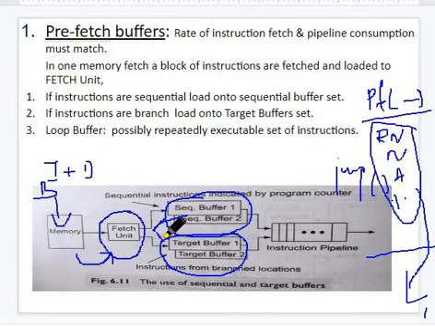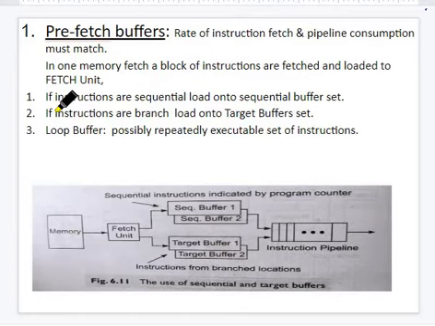To differentiate whether it is sequential or branch execution, we split it. Then one by one, based on their order of execution, they enter the instruction pipeline, then the ALU, and get executed. Hope it is clear now.